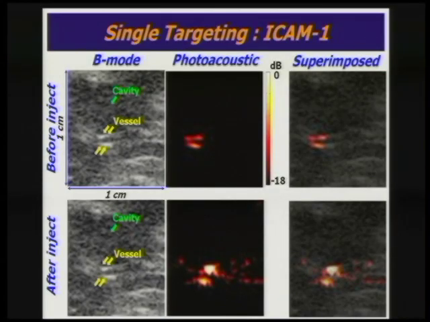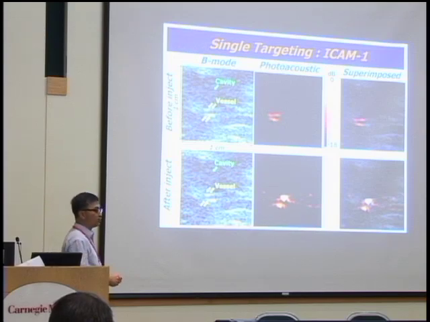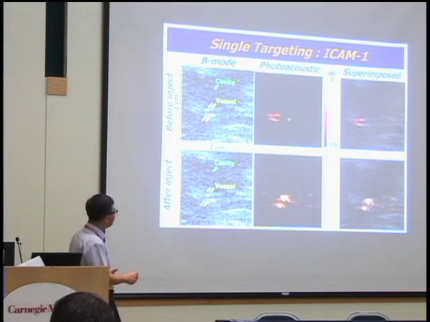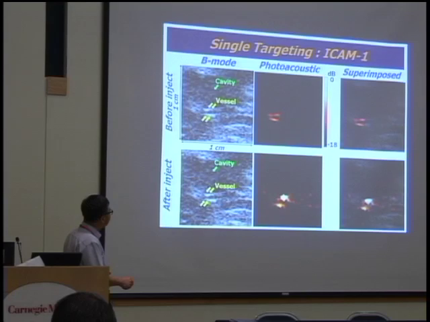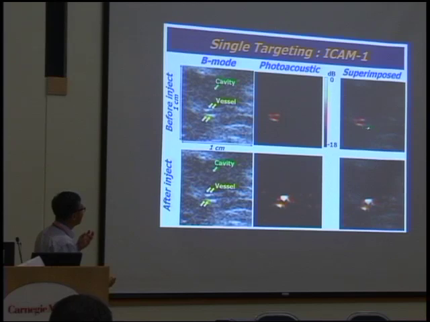So this is our preliminary result. This is the IVC, and this is the site where the injury happened. This is the photoacoustic imaging before injection, where of course there is some signal as natural background absorption of the tissue, which also generates some sound. After we inject, the injured site just brightens up as nanoparticles gather together and generate photoacoustic signal. And this is a composition of the morphological information with this metabolic information together.